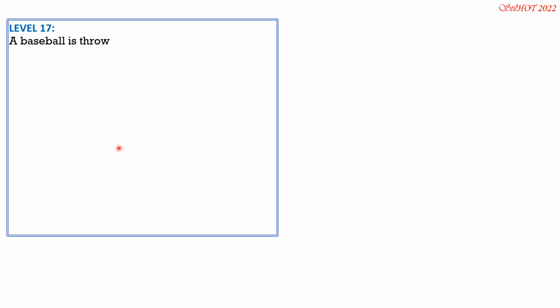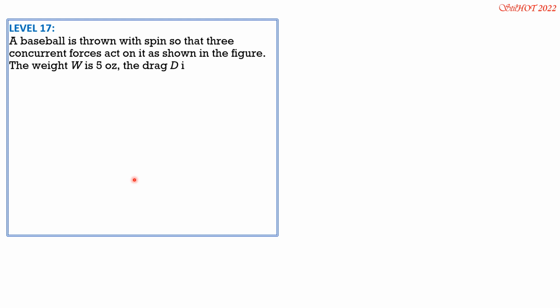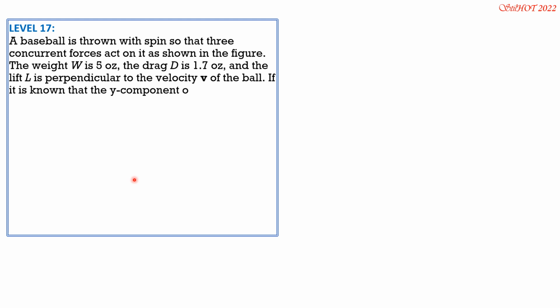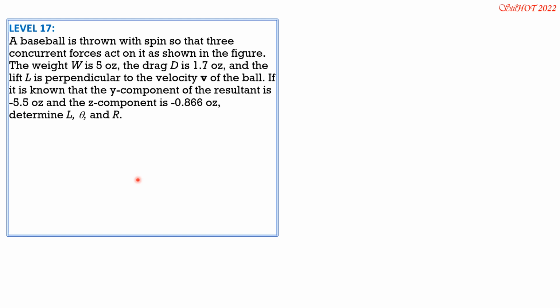Level 17. A baseball is thrown with spin so that three concurrent forces act on it as shown in the figure. The weight W is 5 ounces, the drag T is 1.7 ounces, and the lift L is perpendicular to the velocity V of the ball. If it is known that the y component of the resultant is negative 5.5 ounces and the z component is negative 0.866 ounces, determine L, theta, and R. So this is the given figure. So let's express all these vectors